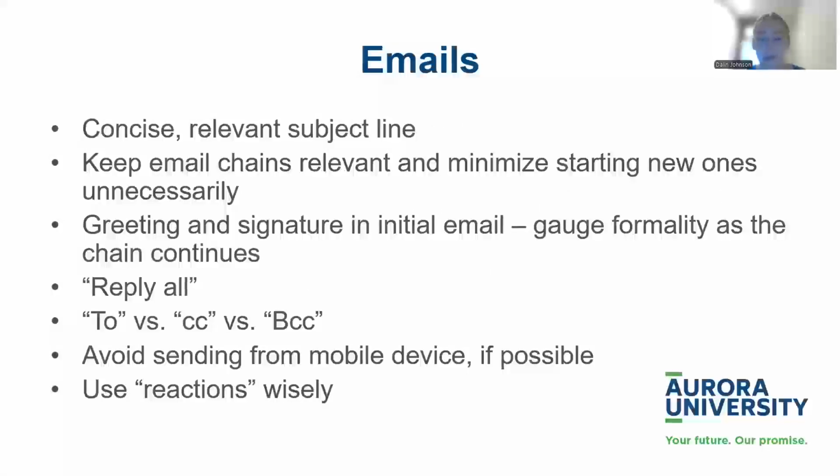Emails. So again, you want to be concise in your emails, and your subject line should be concise and relevant to the topic that you're talking about. Don't do a whole sentence or even a super long phrase. Just make sure it's concise and to the point, but still relevant and specific enough so people can find the email again. Keep email chains relevant as well. So don't start a new email chain for a similar topic. You can keep the chain going usually if it's about a topic. So even searching and finding that chain again and then replying to it a couple days later, totally fine. And it's easier for them to look back and reference things that they might have told you.